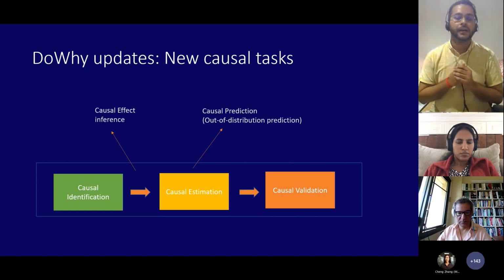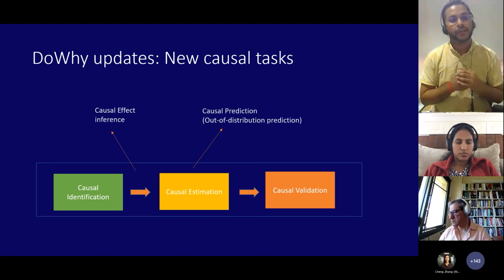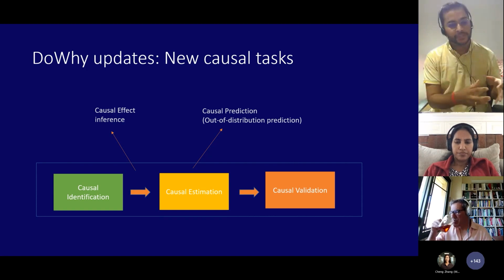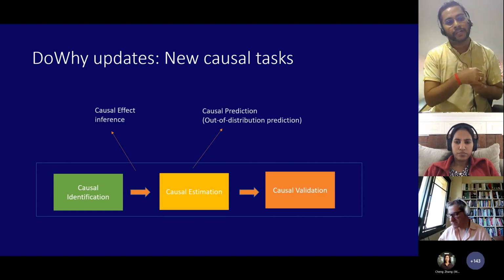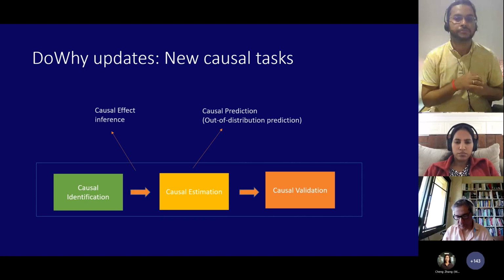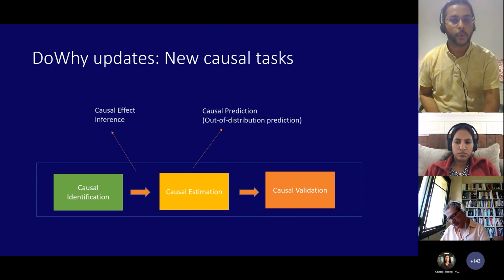And as we talk to users of DoWhy, we find that a very popular task is prediction. Often the goal is not just to calculate the effect of a variable, but to actually predict the outcome under different interventions. So we are planning to add this in a future update, and hopefully more tasks as we go along.